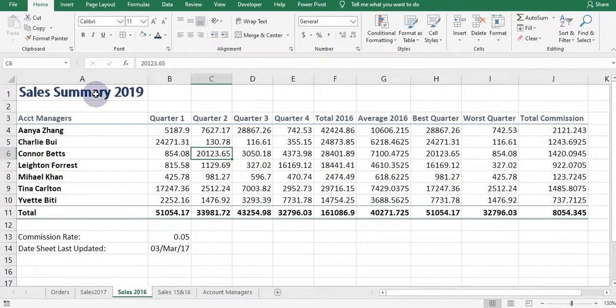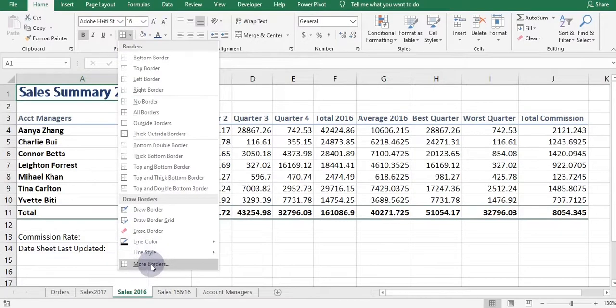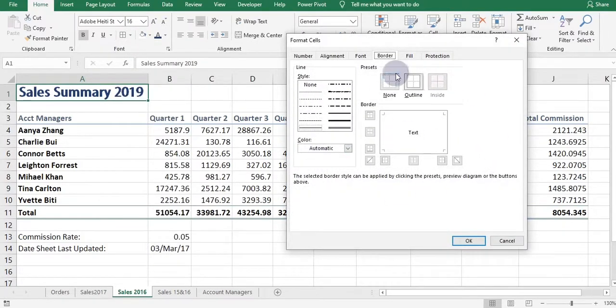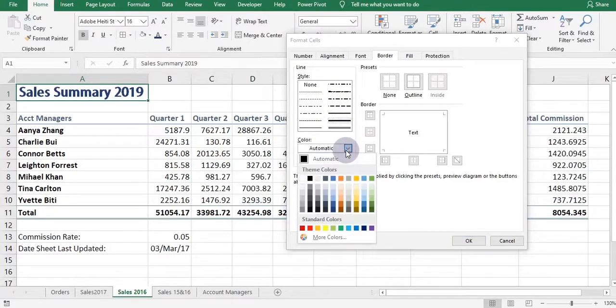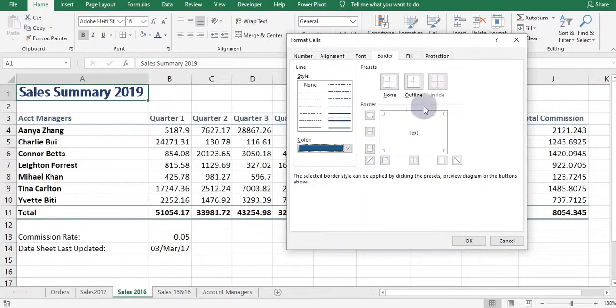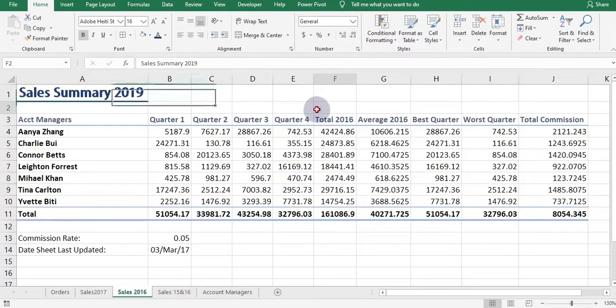Now one more thing, we can apply a really cool trick over here, that is go to the border, more borders. It's a really interesting tool. It allows me to opt for various styles. For example, I would be choosing this one over here, and it even allows me to select the color. The one I will be choosing is this. And then this is the preview. It's not showing me anything as I have not selected where exactly I want the border to be. Here I want the border to be at the bottom, and then press OK.